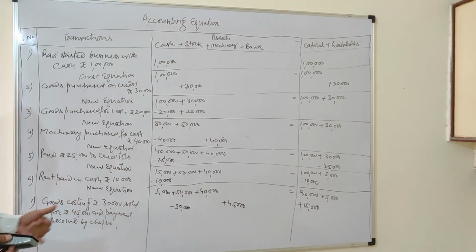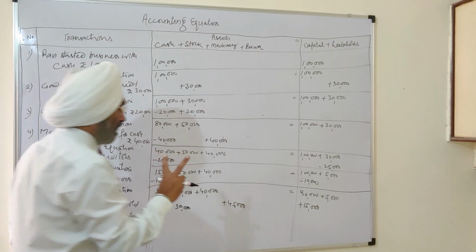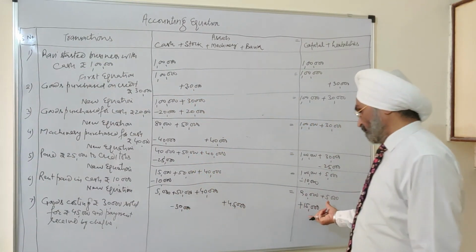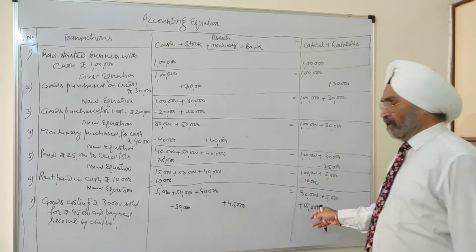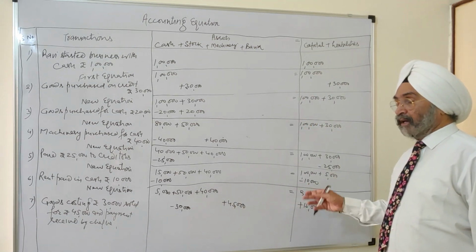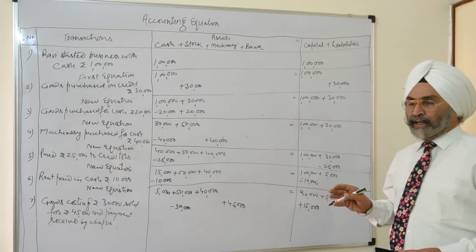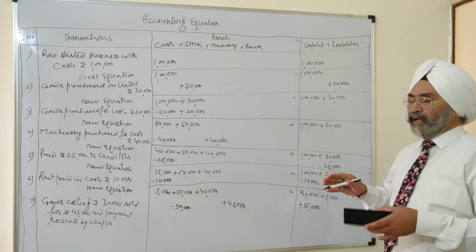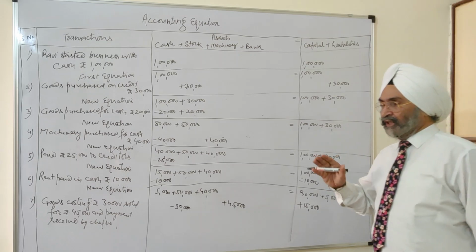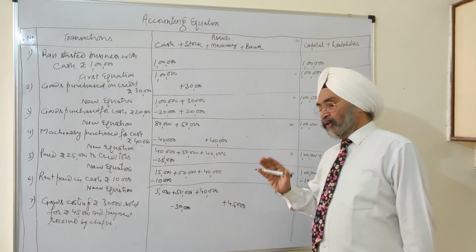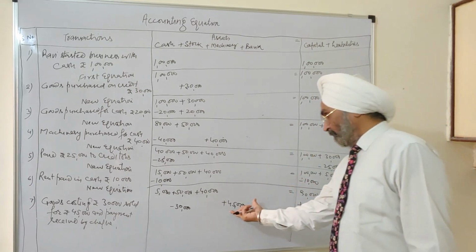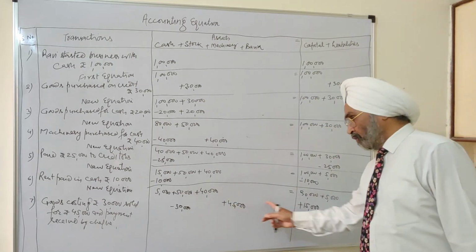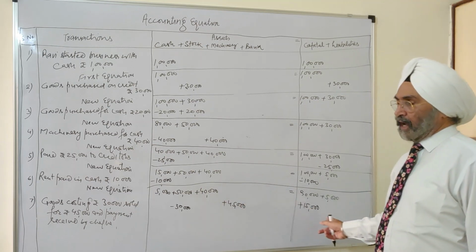This 45,000 is segregated into two parts. It's a double aspect: 45,000 and 45,000. 30 plus 15 is 45, but it is broken. Sometimes we have to write our transaction in three parts. It depends on the type of transaction, that it could be broken sometimes. 45,000 and 45,000, but this amount should be equal.